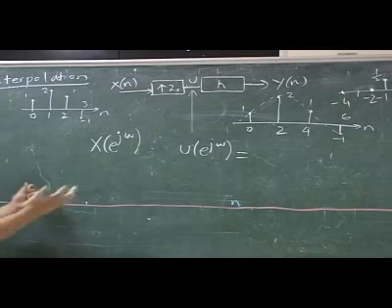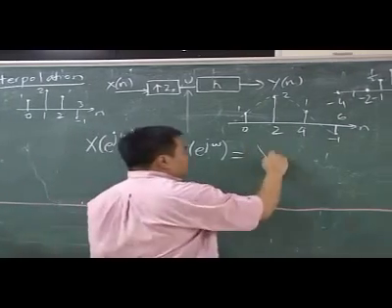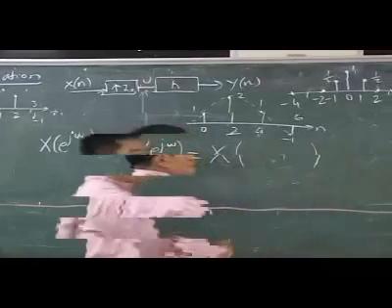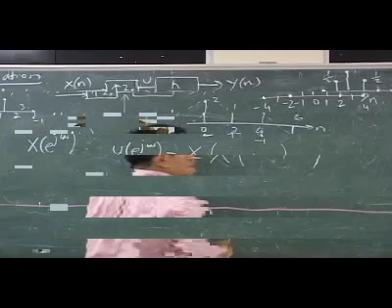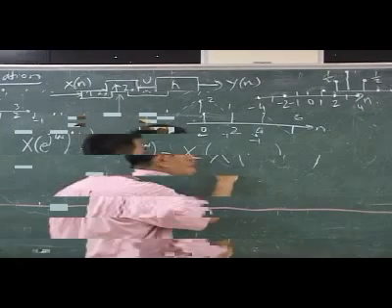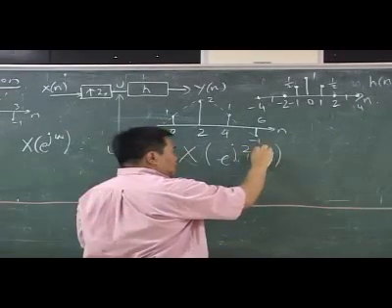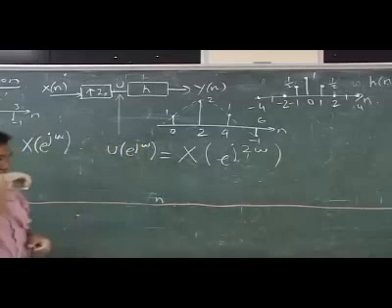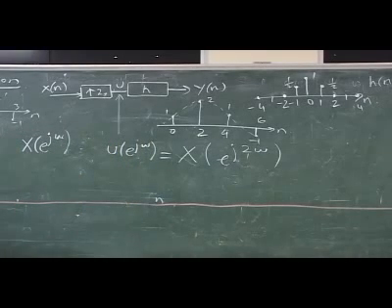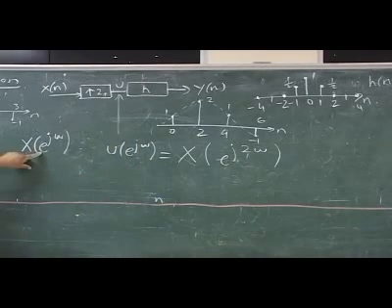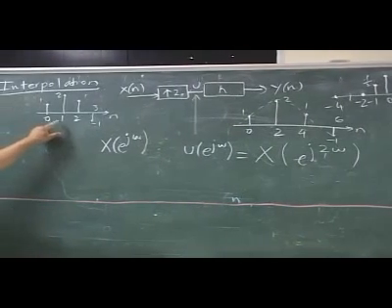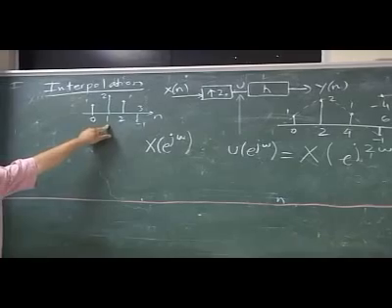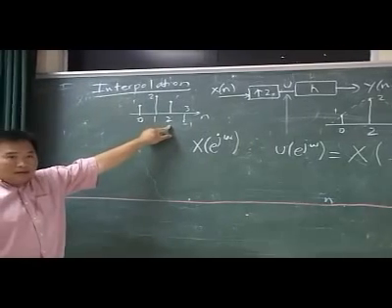It has to be, right? Well, let's verify it. What is x of e to the j omega equal to? 1 plus 2 e to the minus j omega plus 1 e to the minus j2 omega